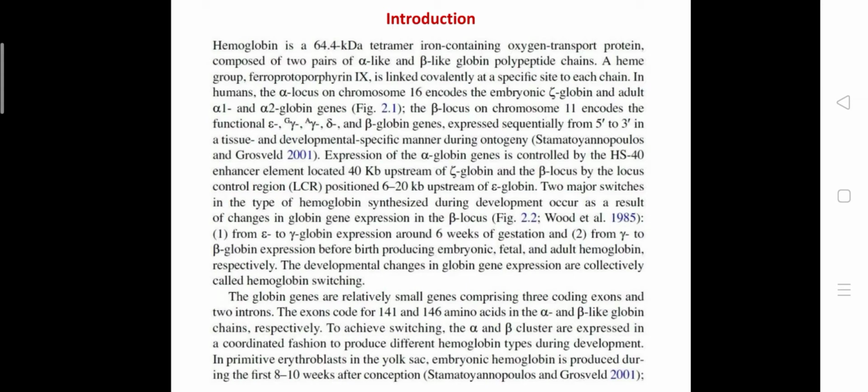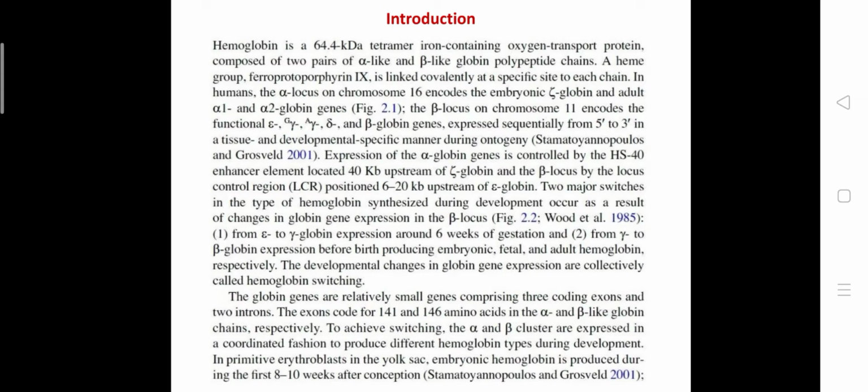encodes the functional epsilon, gamma G, gamma A, delta, and beta globin genes, expressed sequentially from 5' to 3' in a tissue and developmental specific manner during ontogeny. Expression of the alpha globin genes is controlled by the HS40 enhancer element located 40 kilobase pair upstream of